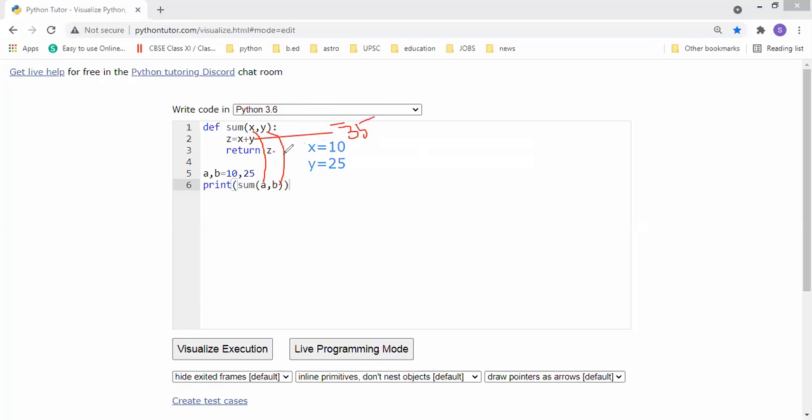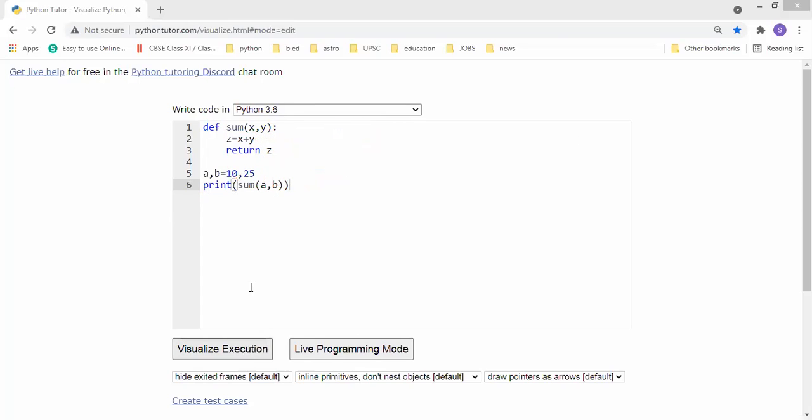The result z will be returned by the same function. The sum function performs all the operations, and the return statement returns the data to the calling line. Then the print statement will display the answer 35 on the output screen.